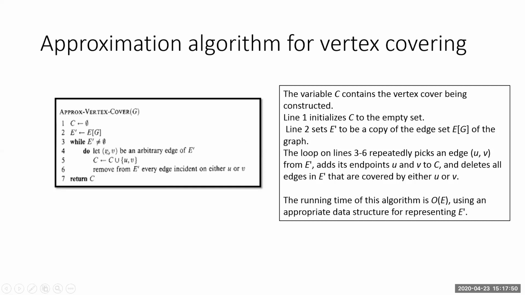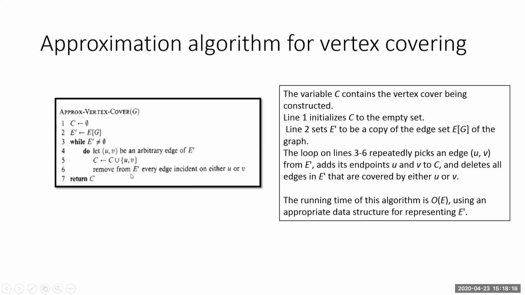So you'll be taking any edge. We don't have any source or destination or any mark on this. We can take any arbitrary edge, such that its source vertex is U and its destination vertex is V. And you are selecting that and putting it onto the answer, the vertex cover set. So your union operation between the empty set and U comma V means that now U comma V will be there in C.